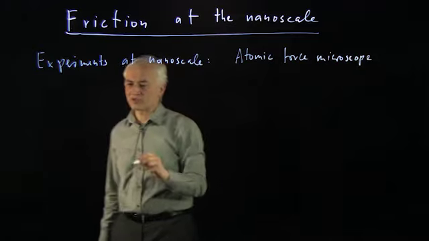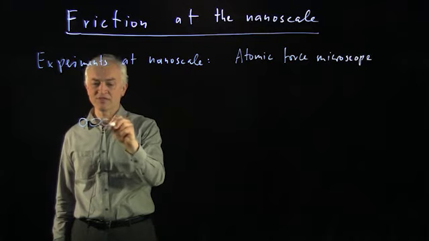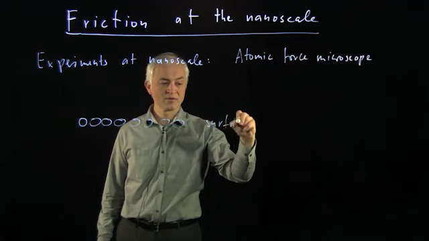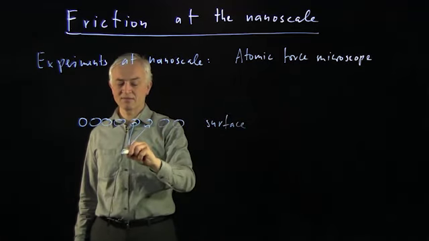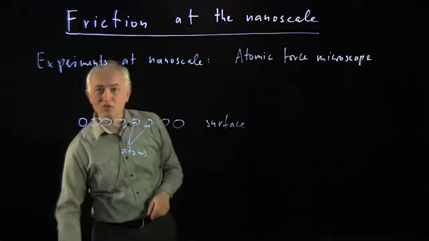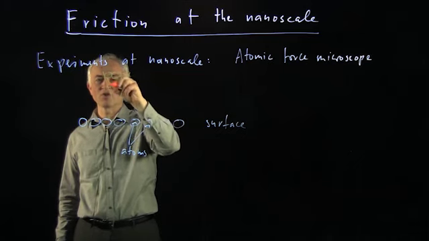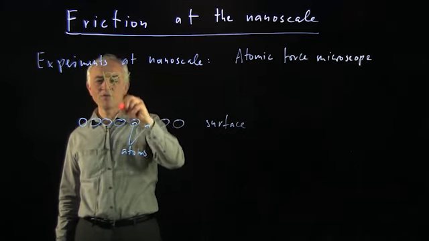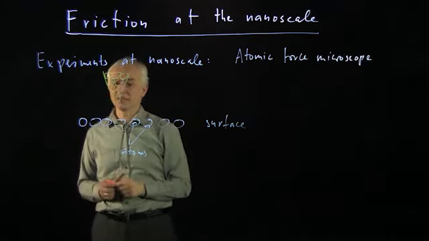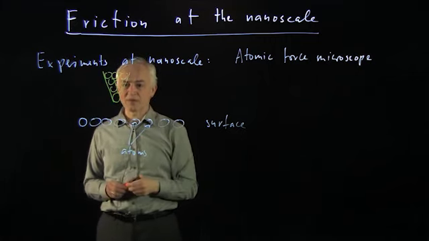What is an atomic force microscope? Well, it's essentially a very, very sharp tip, an atomically sharp tip. So you have a surface here, which consists of atoms. And these are individual atoms. And you're trying to study the friction. And now what you do is you bring an object here, shaped in the form of the tip, which also consists of atoms. And the object is so sharp that you have ideally just one atom near the surface, 1 or more atoms near the surface. So this is what an atomic force microscope is.